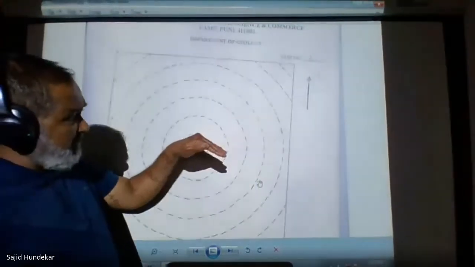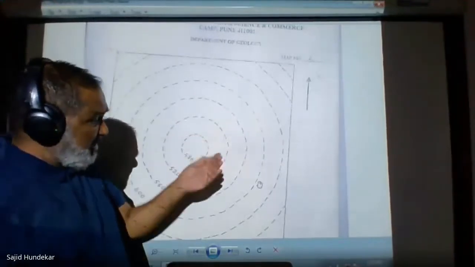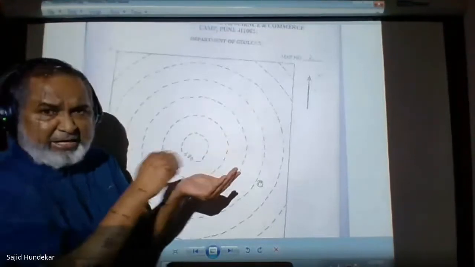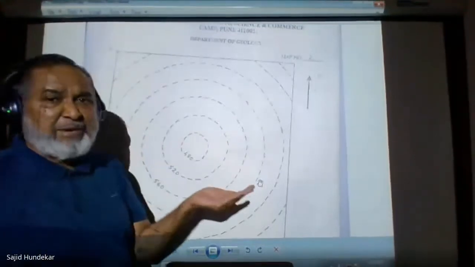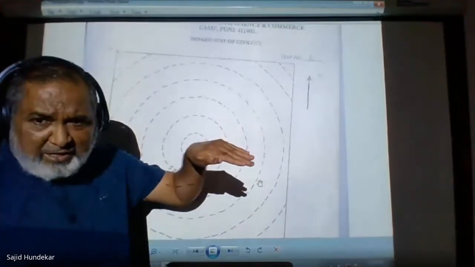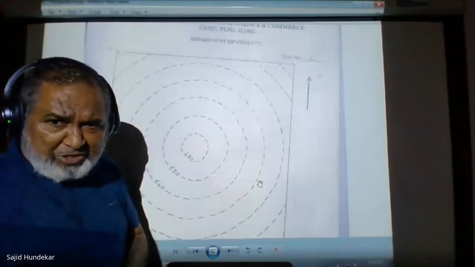Earlier we saw that the elevated center point is the highest point, but now in this map the center point is the lowest, and the periphery has the highest points. So this will become a basin. It is the isolated basin, and earlier we saw the isolated hill. Clear now, these two topographic features?